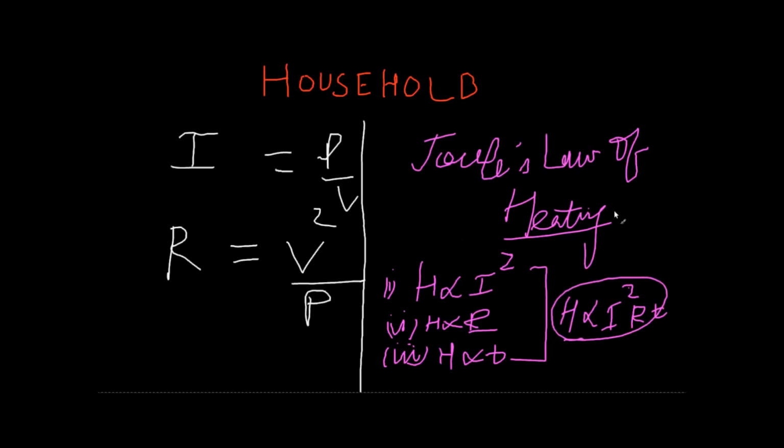So guys, please remember, because often there is a numerical on this and people tend to get confused because they've only crammed a formula relating to P and V and W and all of those letters. But guys, these are certain basics that you need to know, and just remember that this can also be used as a formula, and the formula is given in your book too. When you remove the proportionality sign, this comes into the picture: H is equal to 0.24 into I square RT.